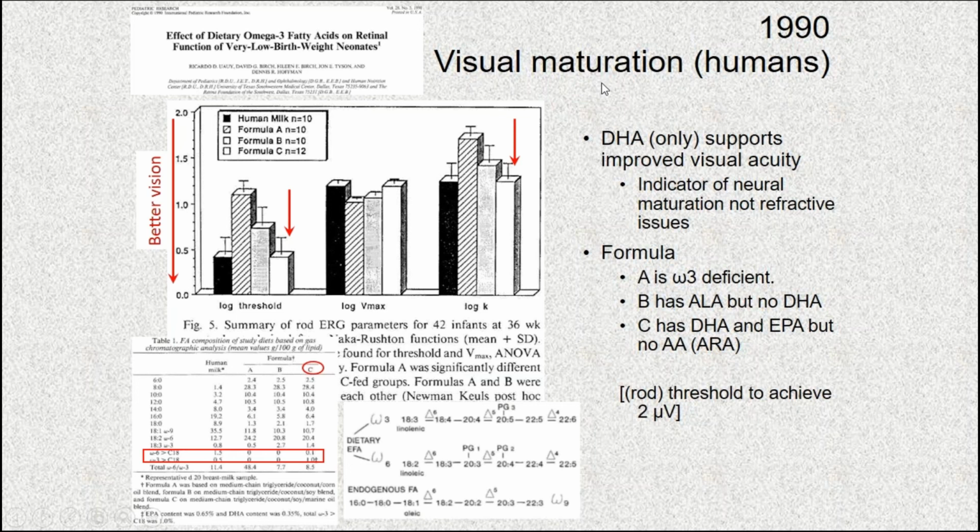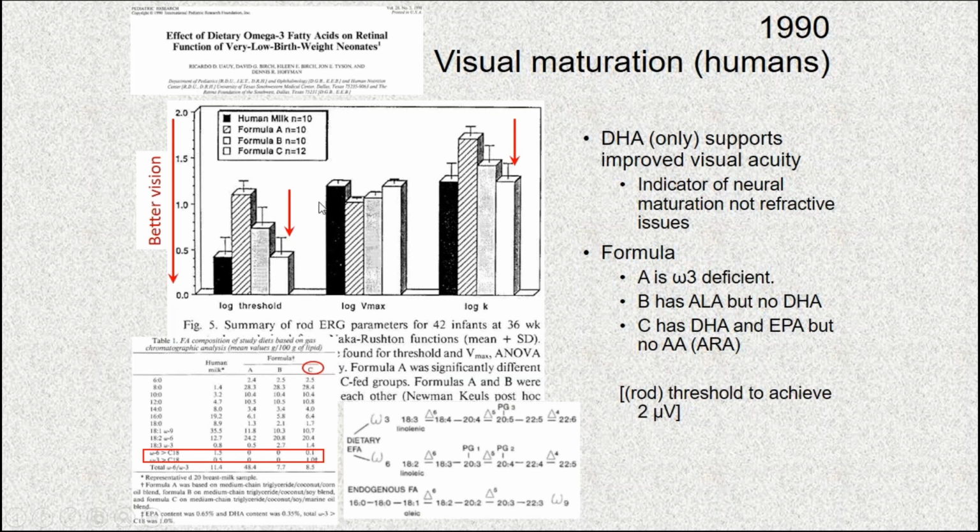And in this study, this is again a similar kind of study where they're looking at the development of visual function in these kids, and they had a human milk group, and then they had a group with DHA,